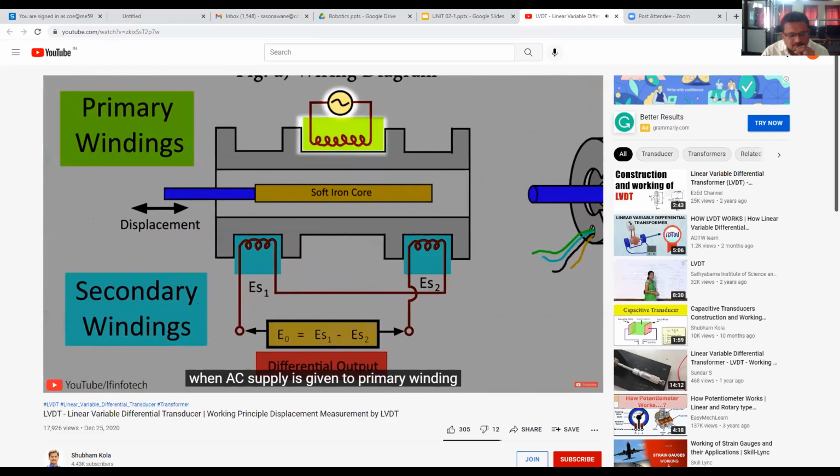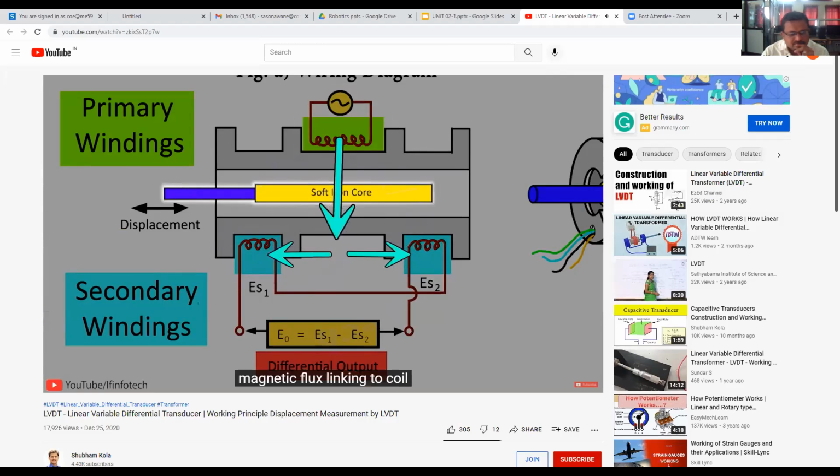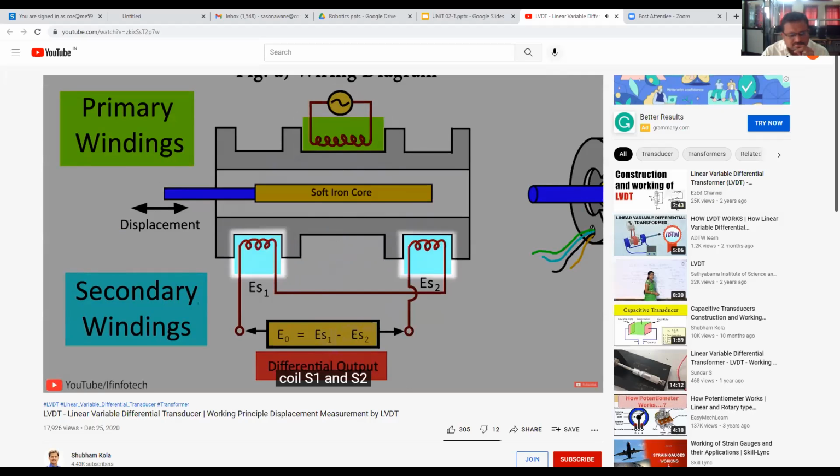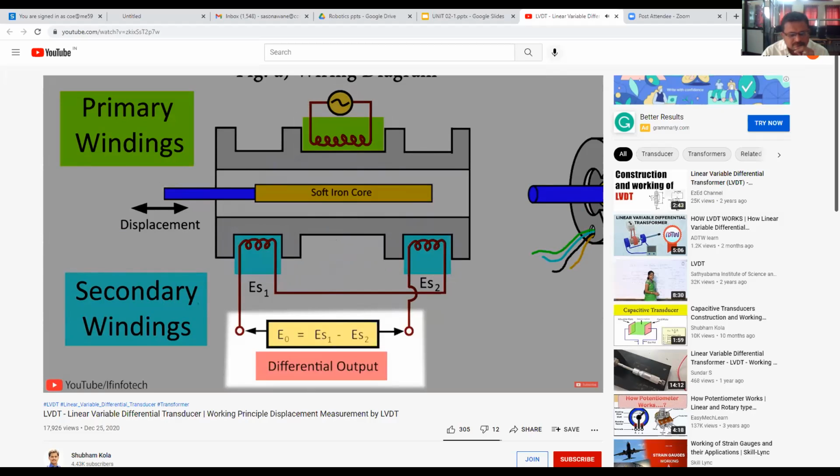When AC supply is given to the primary winding of LVDT, it produces magnetic flux which links to the secondary windings S1 and S2. While completing the path, the flux produced by the primary winding of LVDT is linked to a number of conductors of the secondary windings. Therefore, according to Faraday's law of electromagnetic induction, EMF is induced in the secondary windings. When the core is at the center position of the insulating cylinder, the magnetic flux linking to coils S1 and S2 has the same value. Therefore, the EMF induced in coils S1 and S2 are also equal,